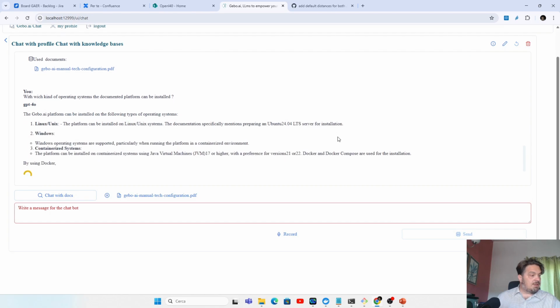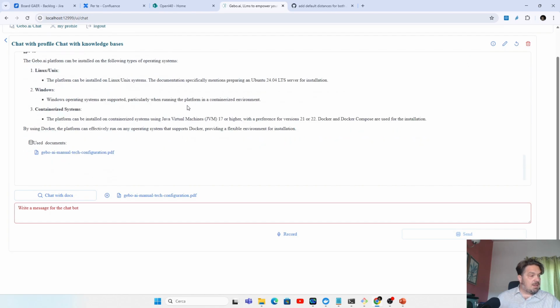On Linux, Unix, on Windows, and on all containerized systems. So I can remove this document from the chat.